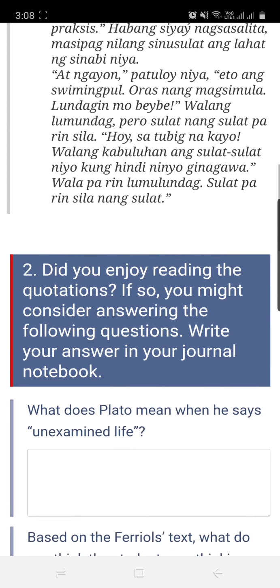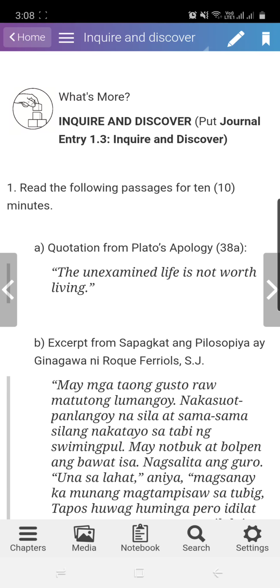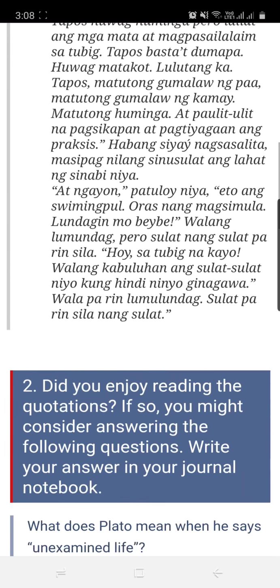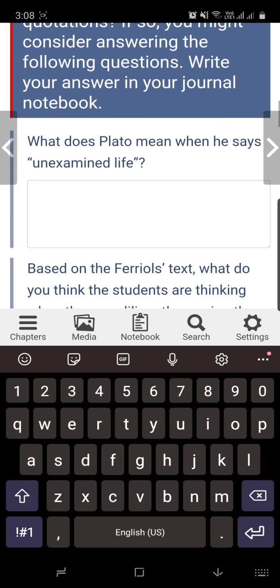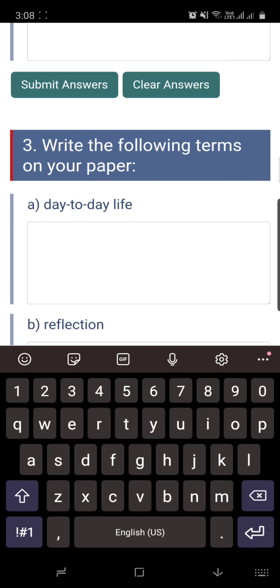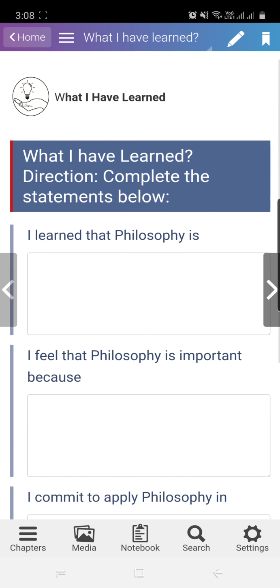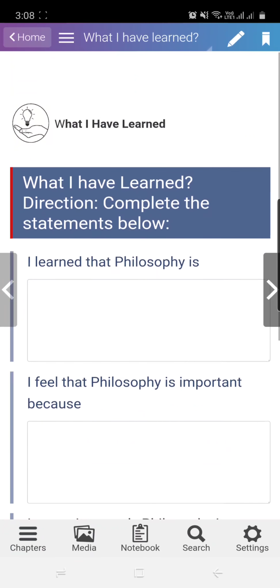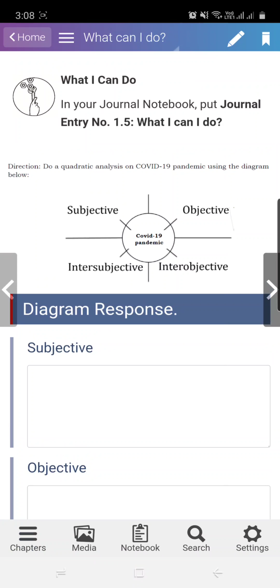Okay, enough of that. Then let us move to the next, or what else? Okay. For this one, this is an exercise where you will answer again the question. What does Plato mean when he says unexamined life? Ayan. So you answer that. Then submit answers. Okay. The same goes with this one, what I have learned. And you will also need to do this